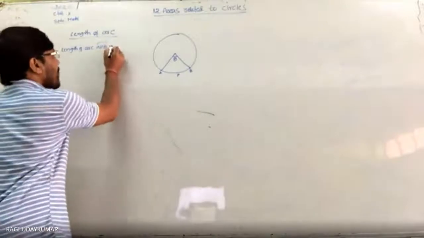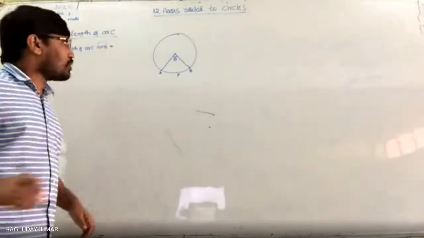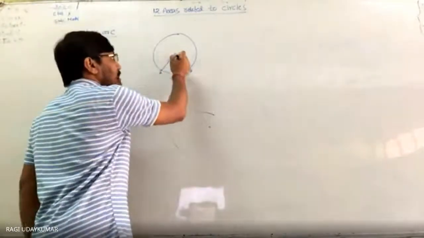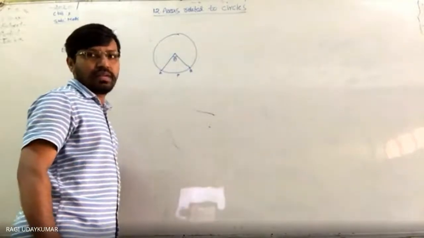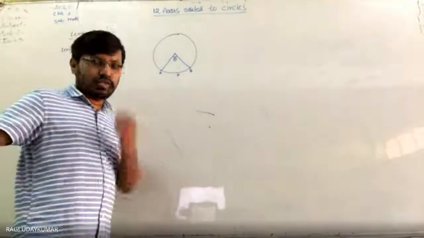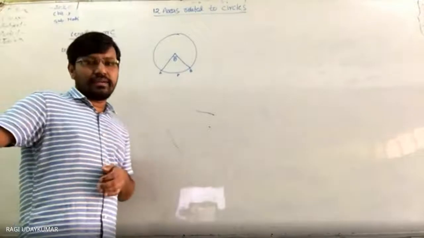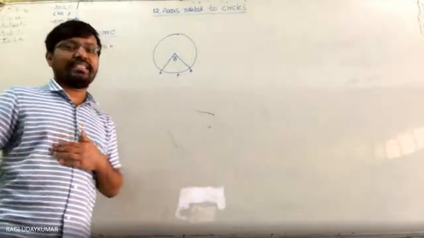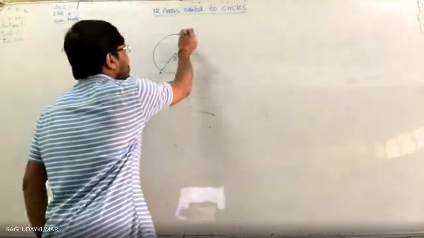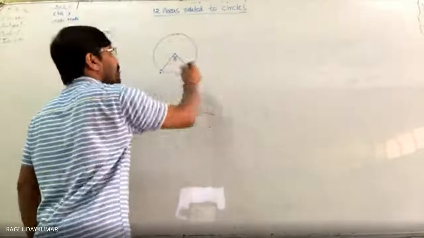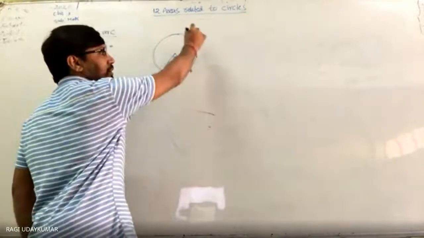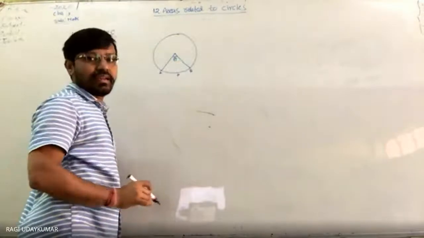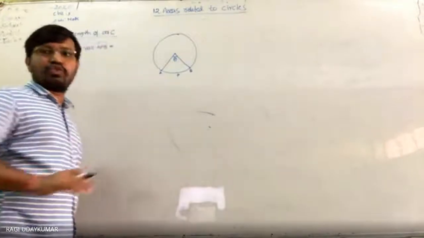So this length of the arc formula क्या है? Suppose at the center, what is the total angle? Complete angle. What is the total angle at the center? 360 degrees. Total is 360. So total 360 में this length कितना है? ये पूरा length कितना है? 2 pi r. Circumference of the circle. So that is 2 pi r.